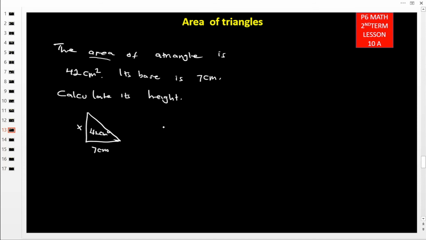So our formula is area is equal to a half base and height. So this is a half, times what is the base given? The base is 7 centimeters. What is the height? The height is x, which we don't know. But our area is given, which is 42 centimeters squared. Now 2 cannot be divided by 7, it gives us a remainder. Therefore we multiply directly. So 1 times 7 is 7 times x. So this is now going to be 42 centimeters squared is equal to 7x